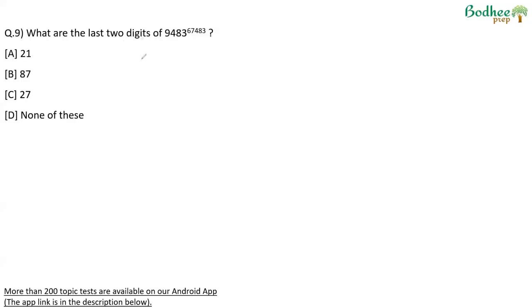What are the last two digits of 9483 raised to power 67483? Since we're looking at the last two digits, we can drop the first two. The last two digits of 9483 will be the same as the last two digits of 83 for any power. Now what we do is we raise the power of 83 by 4 so that we are left with 1 as the last digit. 67483 is not divisible by 4, so we can write this as 83 raised to power 4 and then